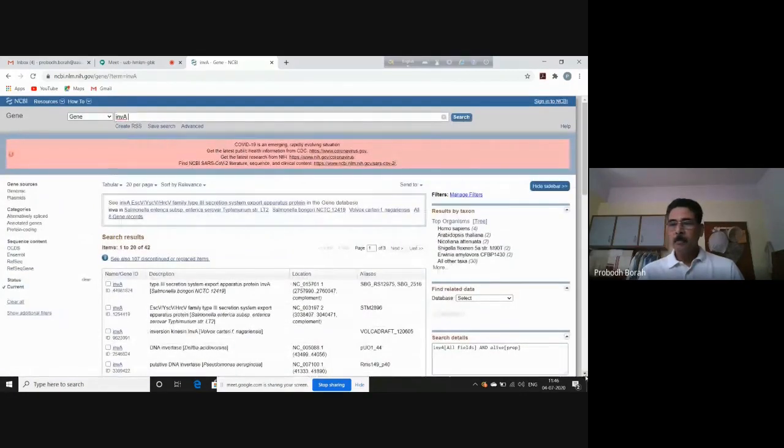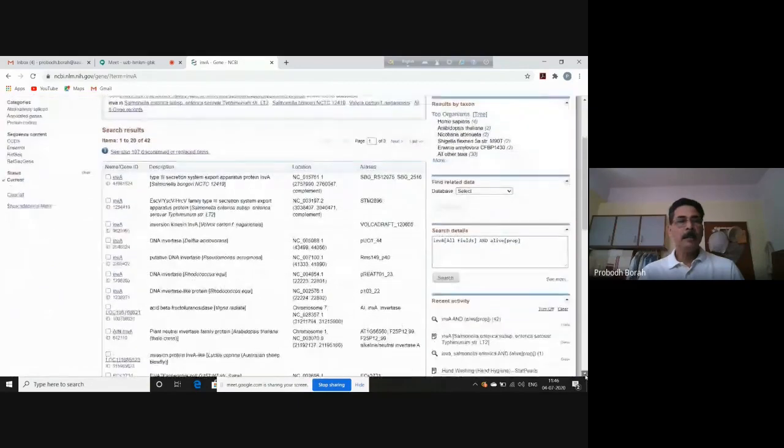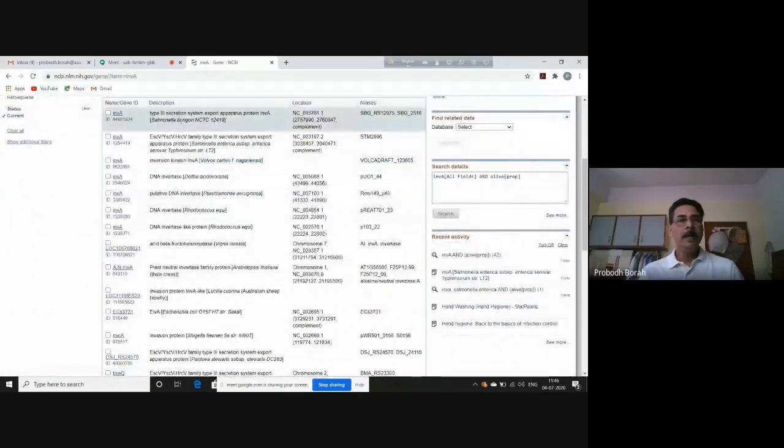Okay. So the gene database of NCBI has got a number of INVA sequences. So we'll go to this number 2 sequence. This is INVA gene sequence of a strain of Salmonella, which is Salmonella enterica, subspecies enterica, serovar typhimurium, strain LT2. Because this strain LT2 of Salmonella enterica, subspecies enterica, serovar typhimurium is known as the type strain of Salmonella. This was the first completely genome sequenced Salmonella, which was uploaded to the NCBI website.